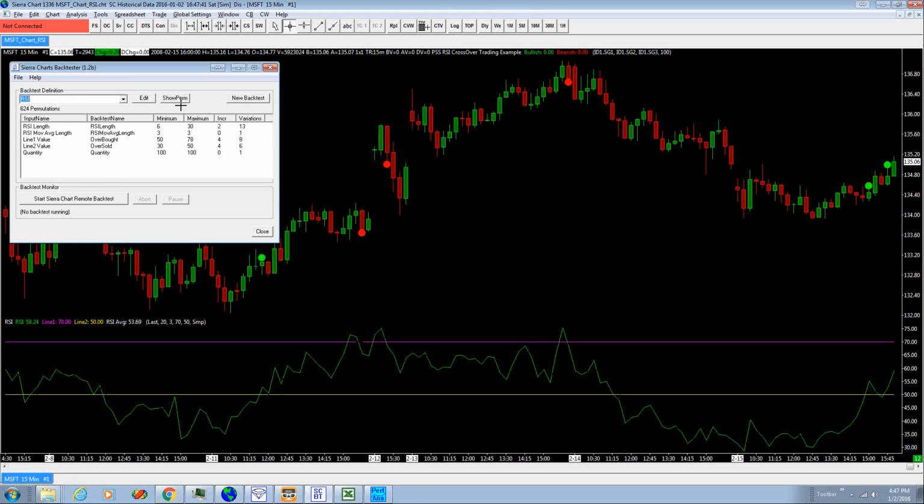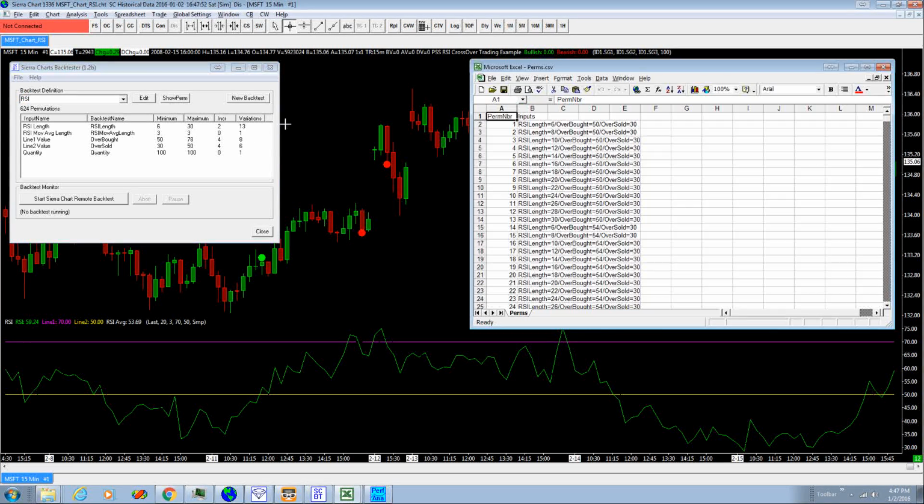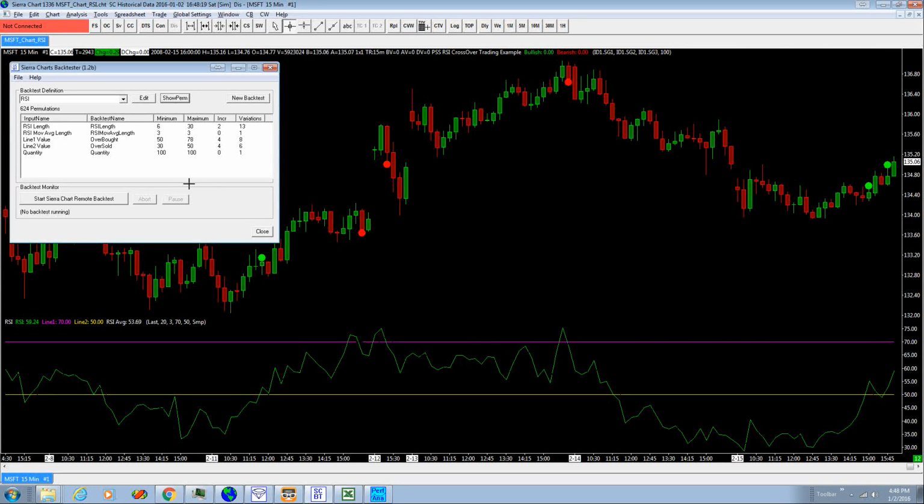The easiest way to see all those variations, in this case 624, because we have 13 for the RSI length, 8 for the overbought and 6 for the oversold condition, is to click on show permutation. Then it produces a list of all the permutations, starting with 6 and then going through RSI length 8, 10, and then once the 30 is reached, it starts again with the next value from overbought at 54 and so on, and then you get all the 624 conditions, different permutations, that's what we call them. When the result is finished, it takes around 3 hours for this particular scenario,